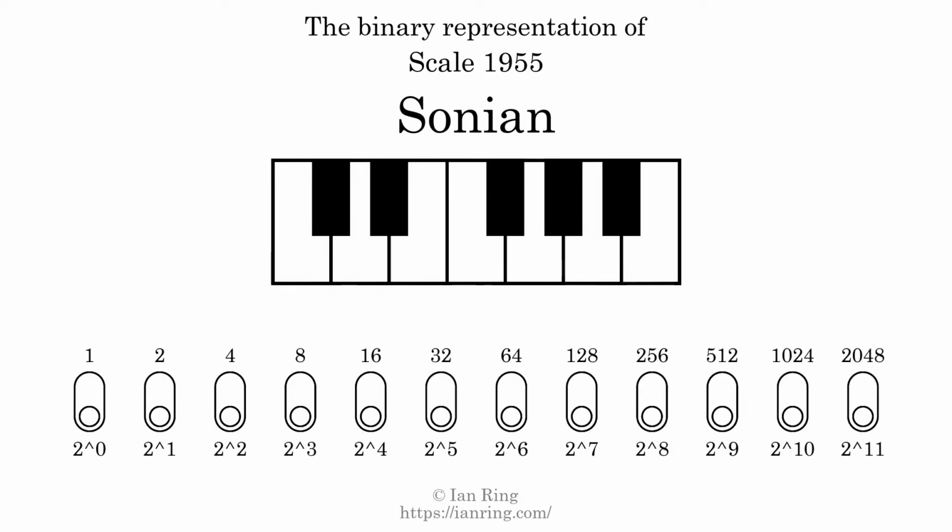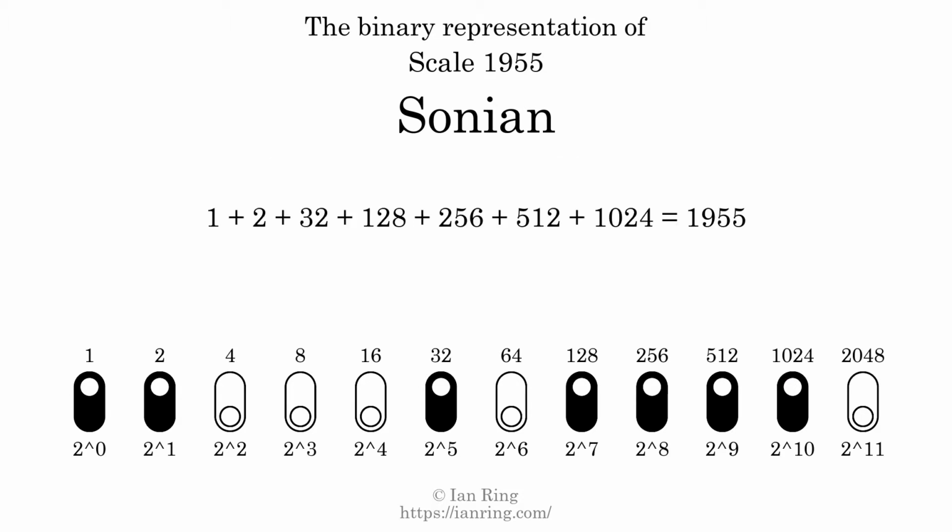The binary representation of this scale is determined by mapping tones of the scale to binary digits. Each binary digit represents a power of 2. To get the scale number, we add the powers of 2 together. The powers of 2 that are present in the scale, all added together, equals 1955. That is why the scale number, in decimal, is